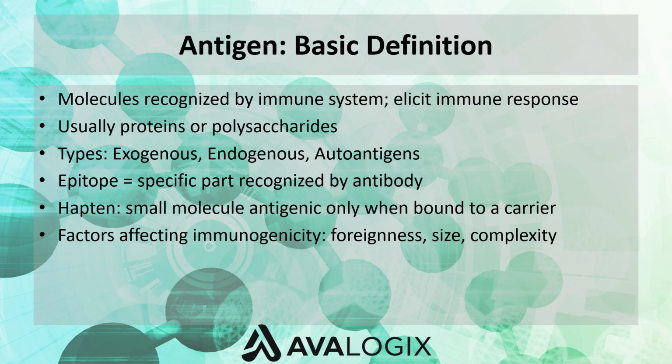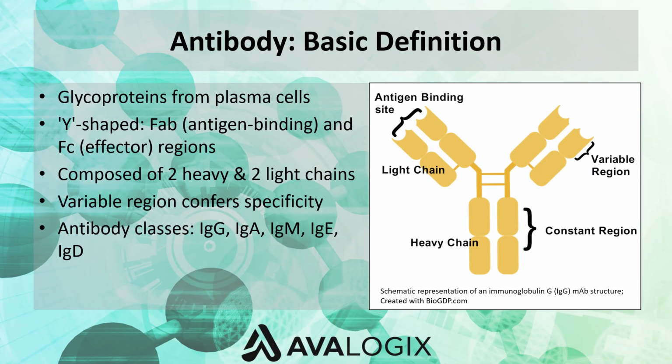The ability of an antigen to induce an immune response is called immunogenicity, and this depends on factors such as foreignness, molecular size, complexity, and the host's genetic background. In summary, antigens are the targets recognized by the immune system, and understanding their structure and diversity is essential to appreciating how antibodies function. Now that we know what an antigen is, let's look at the molecule that binds it,